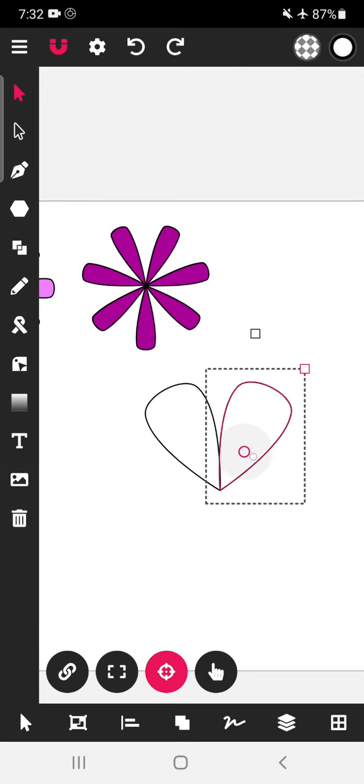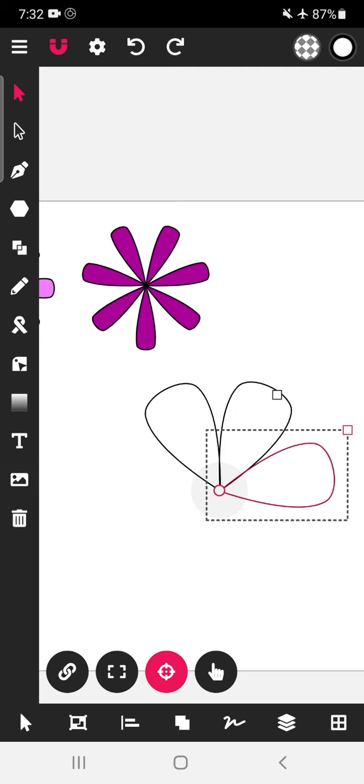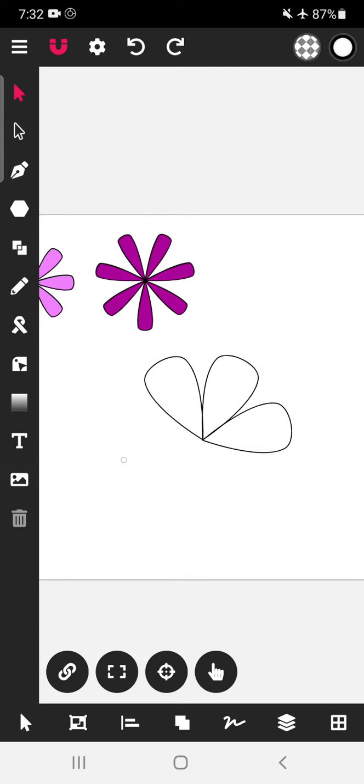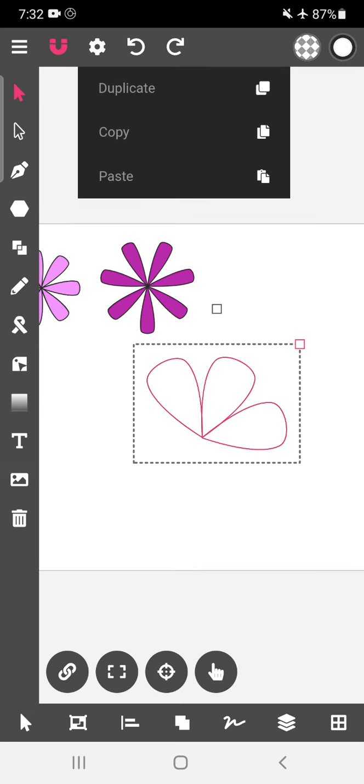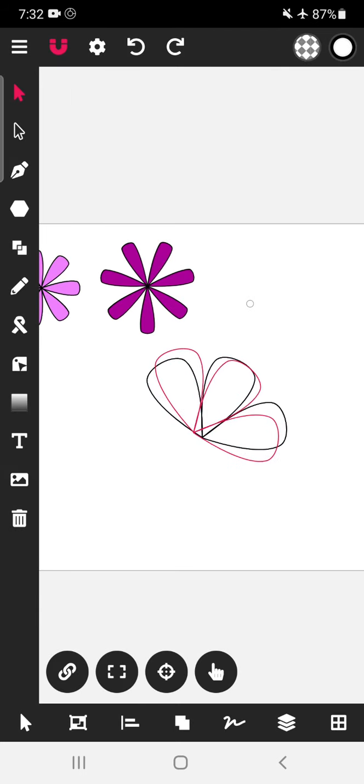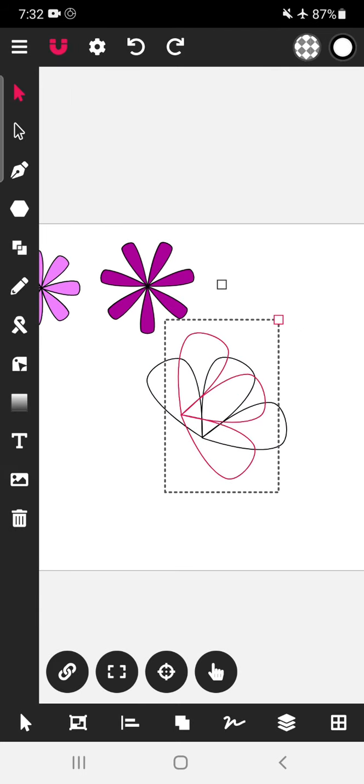Select here, bring it to the center and then rotate it like this. So this is one option. Using this method you can use the rotation again and again. You can duplicate this and then rotate it. Now you can see the object is rotating around its own center.